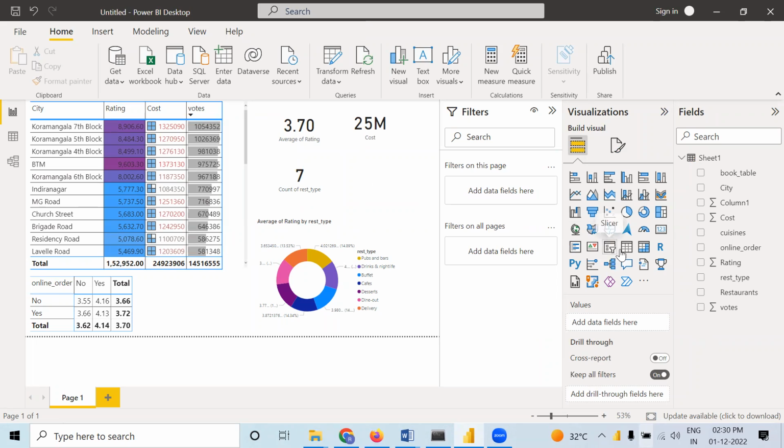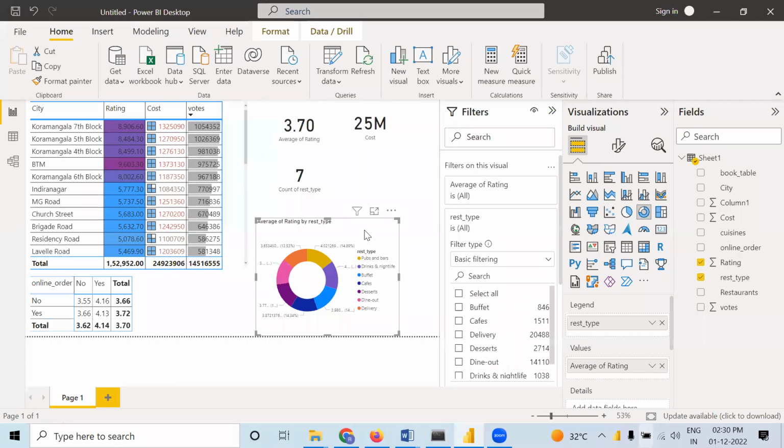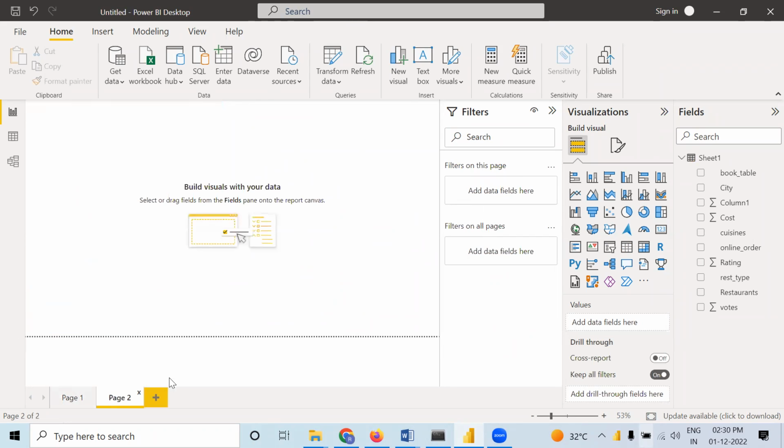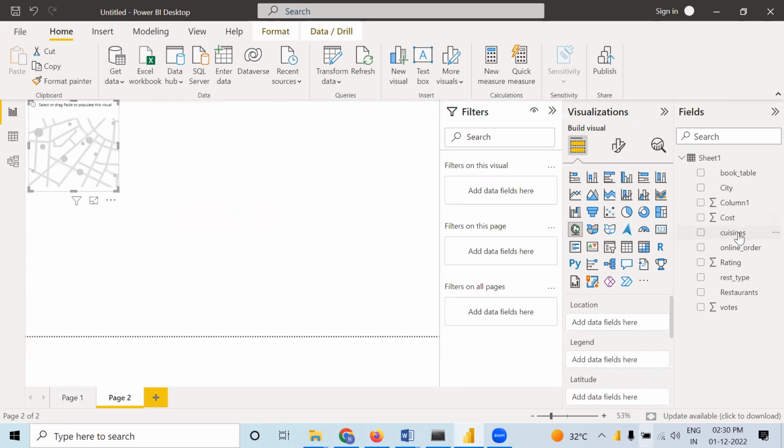So we will take this. See, when I'm choosing this particular thing, this filter is usually appearing. When I'm not choosing it, I can apply filter on the page and all pages. All pages means if I'm taking one more page, and if I'm taking this map and putting this